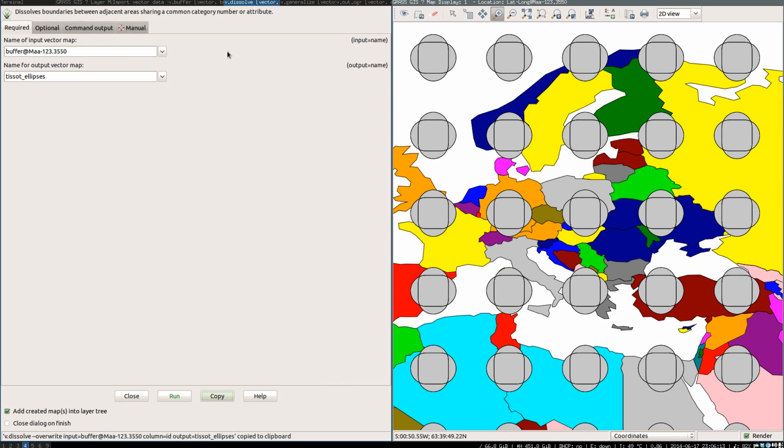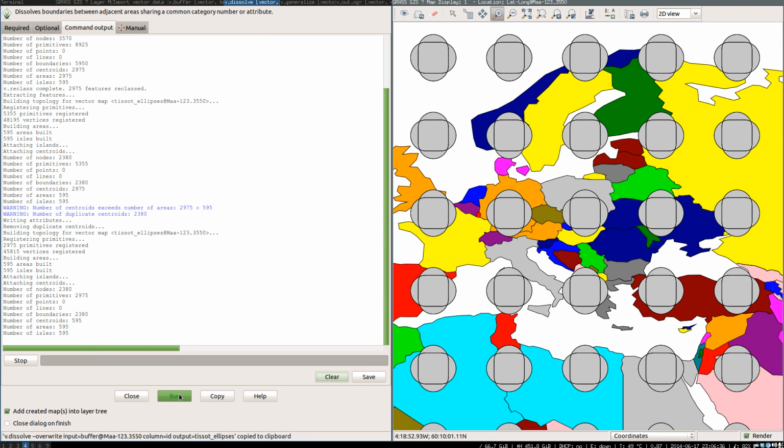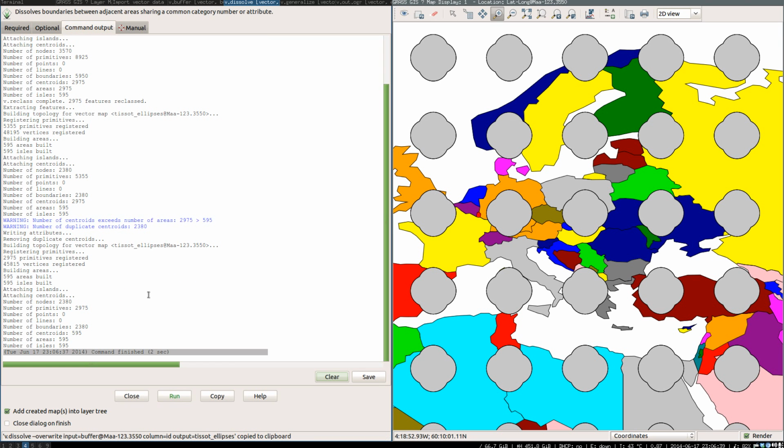And next step is to then create the sort of Tissot ellipses. They are not going to be perfect ellipses, but anyway, we're going to dissolve these boundaries, so it's going to be one polygon which looks like a flower or a Finnish cinnamon gingerbread. Okay, let's just run it, and the dissolving worked. So now you see we have this, well, flower-like shape, and